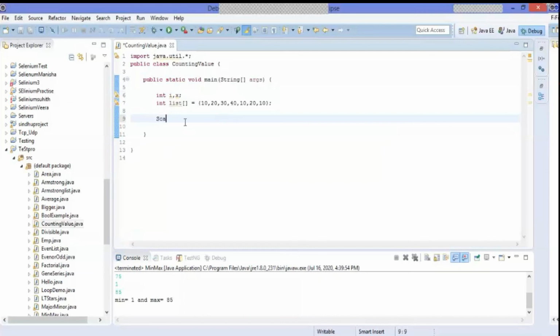Now I'm defining a Scanner object to read the input from the keyboard. So Scanner input is equal to new Scanner(System.in) and System.out.println("Enter any element").